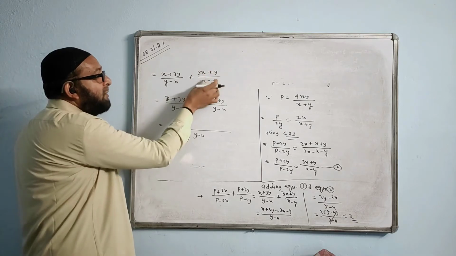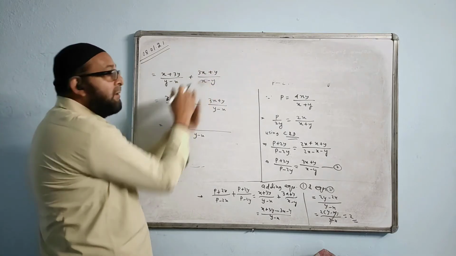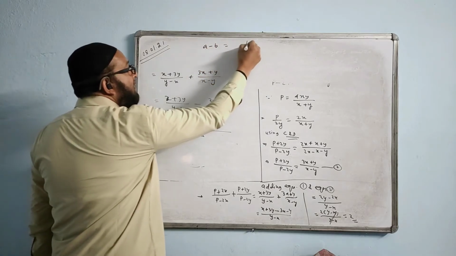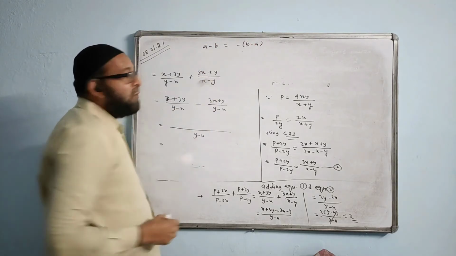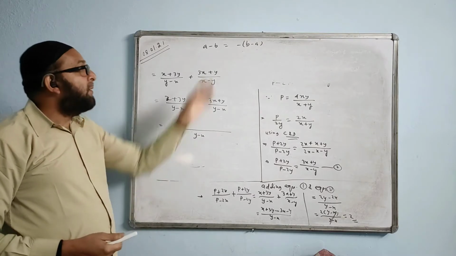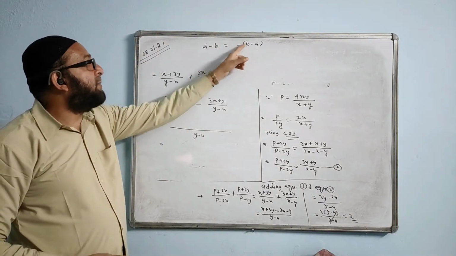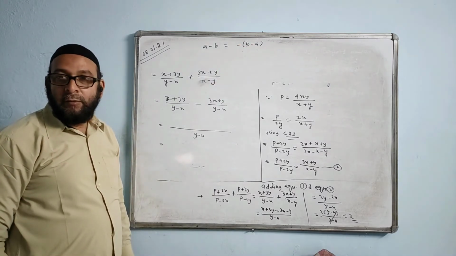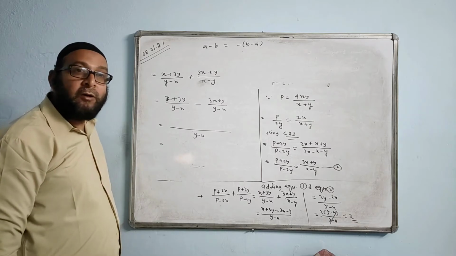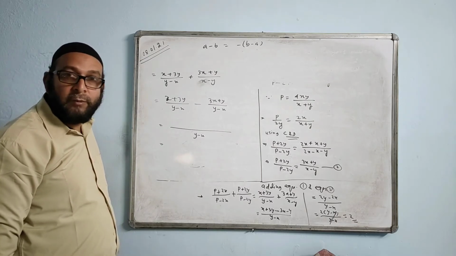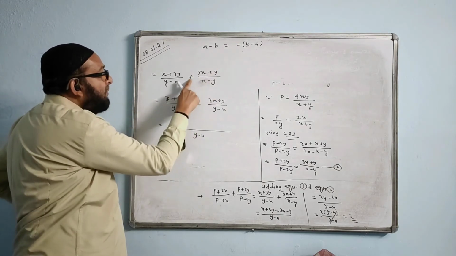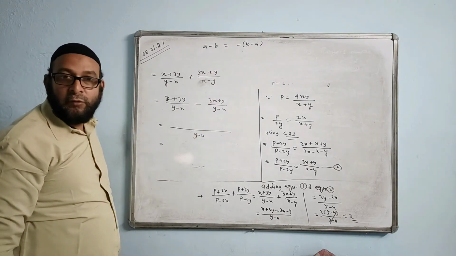No, this will not change. This will change on changing the order of the denominator. A minus B, if you want to write B minus A, what do we have to do for that? You have to take a minus common. Minus, open bracket, you get minus B plus A, no? When you interchange the order, you have to take minus common. When you take minus common, that minus will multiply with the plus. This middle sign changes to minus now.